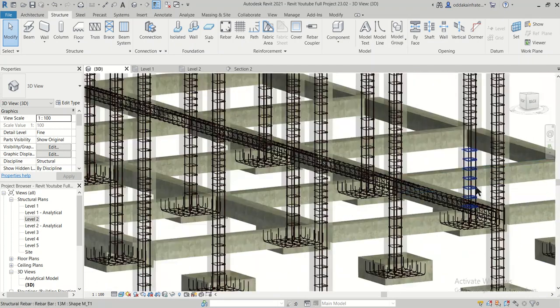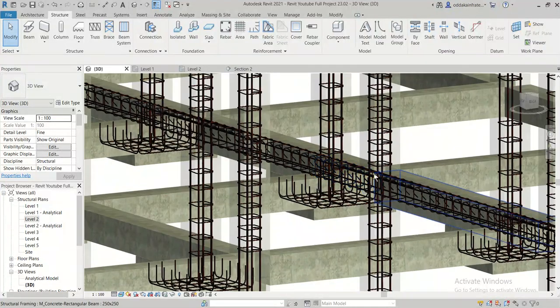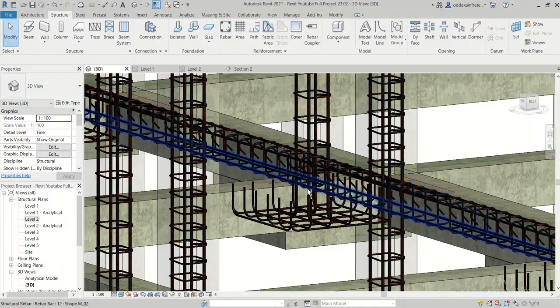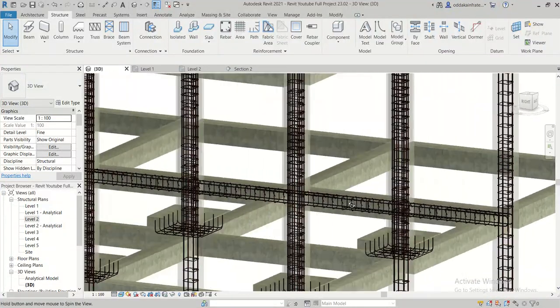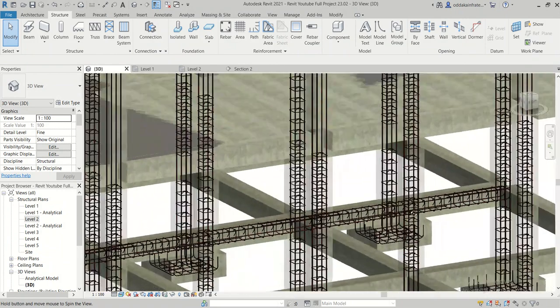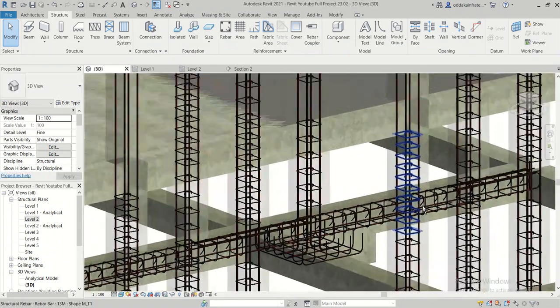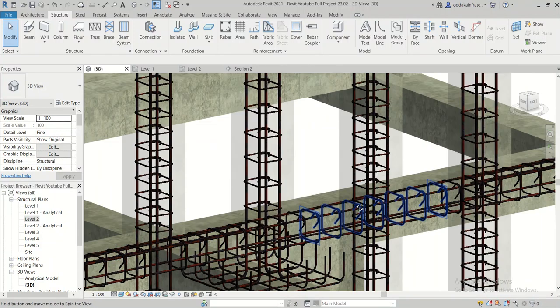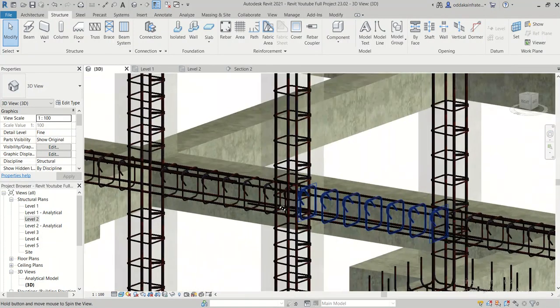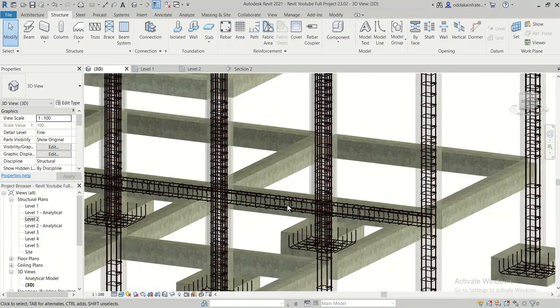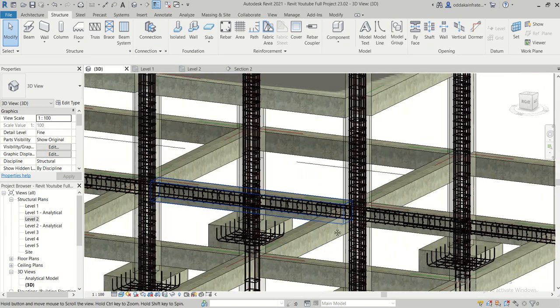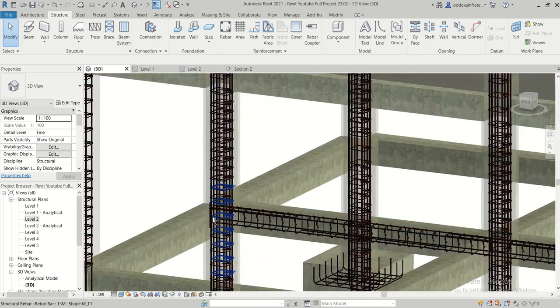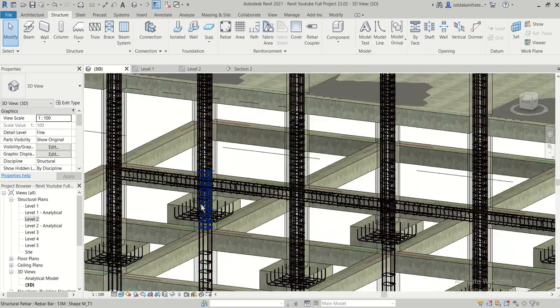As you can see, the entire column ranges and the entire beam ranges are done as per the structural drawing, and also the stirrups in the beam have been inserted with different spacing at the center and at the ends, and the same is done for the extra bars at the top and the bottom. So as you can see how beautifully it is done.